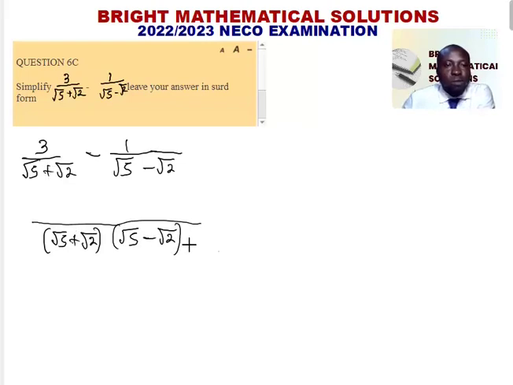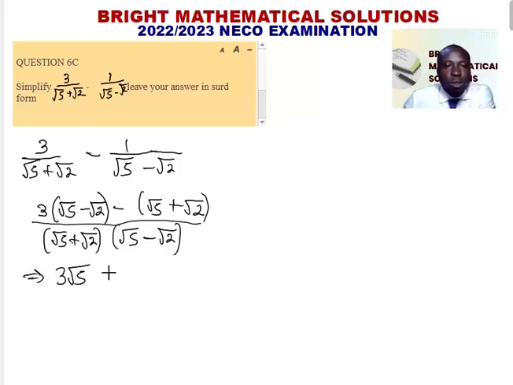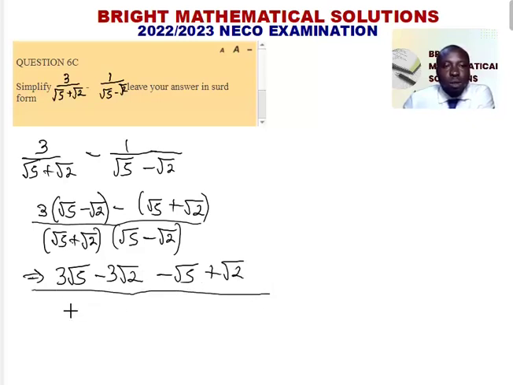So for the first term, that gives us root 5 minus root 2 multiplied by 3, that gives us 3 the bracket root 5 minus root 2, minus, for the second term, root 5 plus root 2. So let us open this bracket, such that this becomes 3 root 5 minus 3 root 2 minus root 5 plus root 2 over,